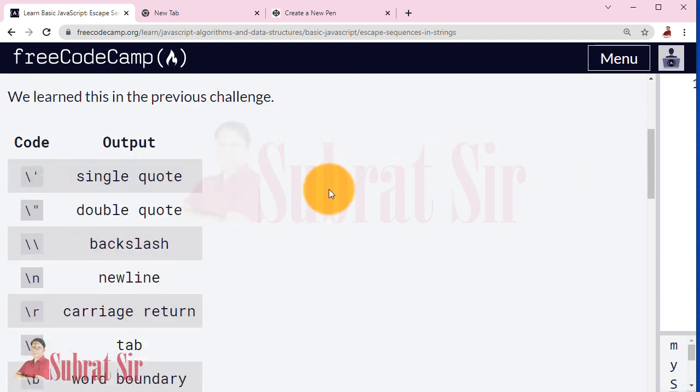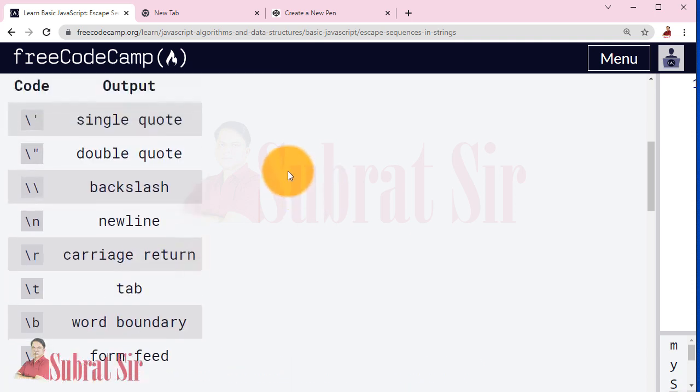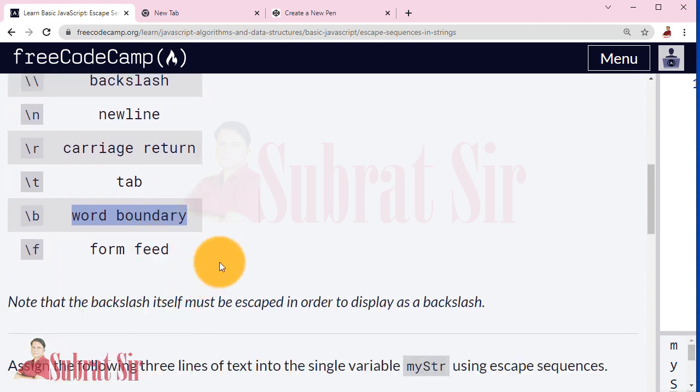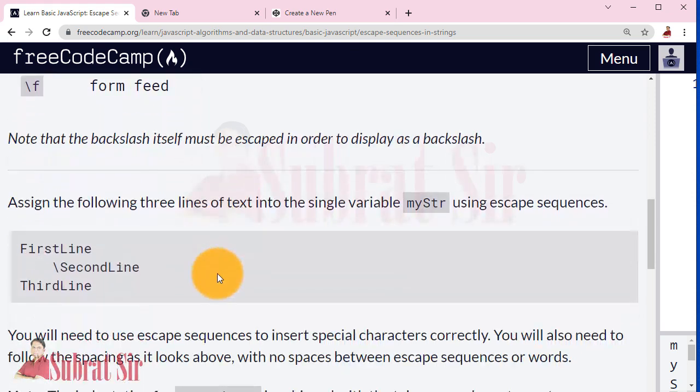Okay, so if you want to use a double quote within double quotes, then you can use escape. If you want to use a single quote within single quotes, then you can use escape. Otherwise, if you want a new line character, then you have to use escape sequence \n, carriage return \r, tab \t, word boundary \b, form feed \f. Note that the backslash itself must be escaped in order to display as a backslash.